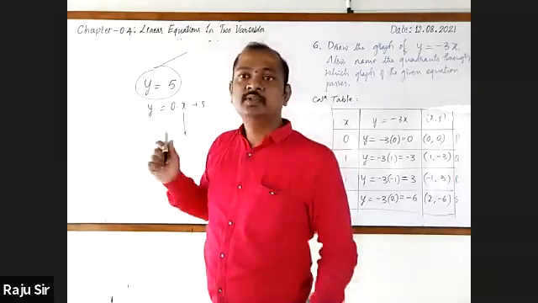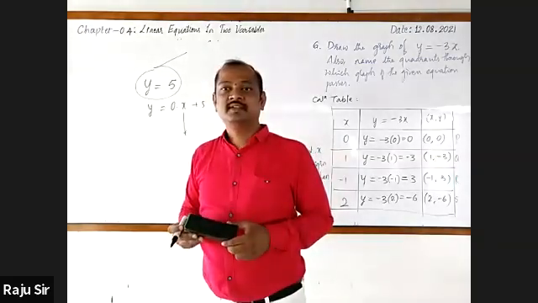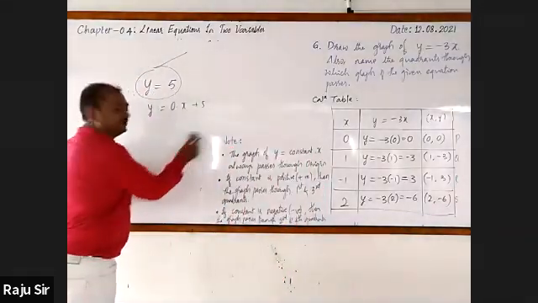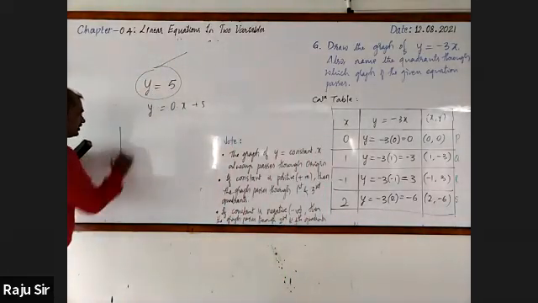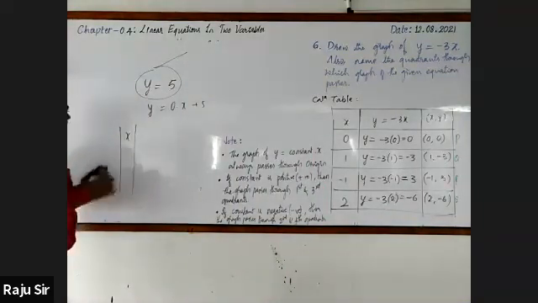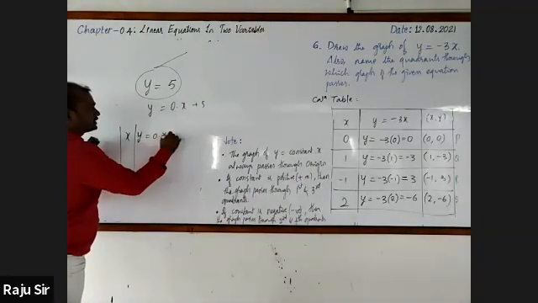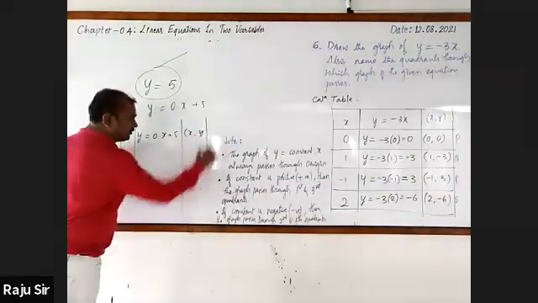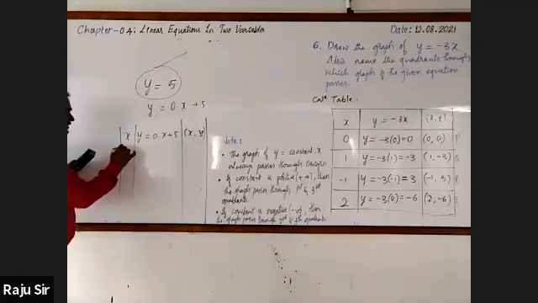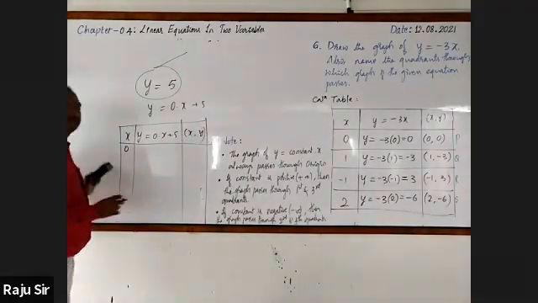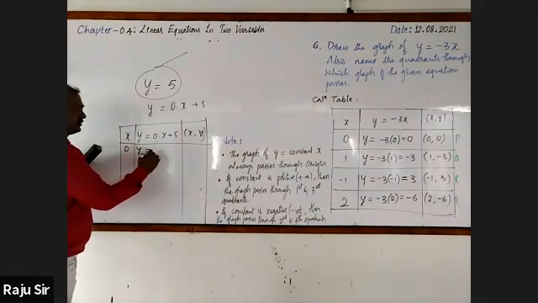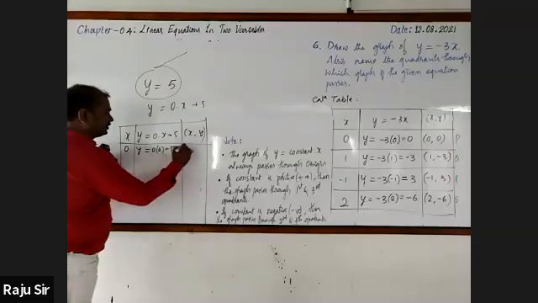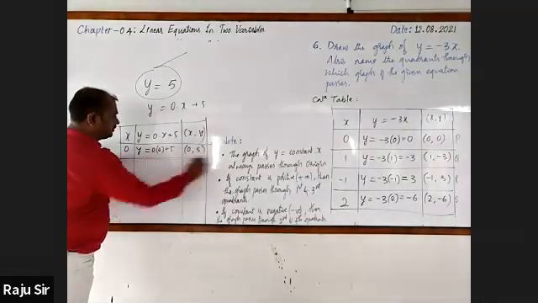Chandana, you have to discuss with me. Good girl. Look at the book. Just observe. Here is the x column. This is the y = 0 into x + 5 column. The third column is x comma y. If I take 0 in place of x, tell that. y is equal to 5. 0 comma 5.